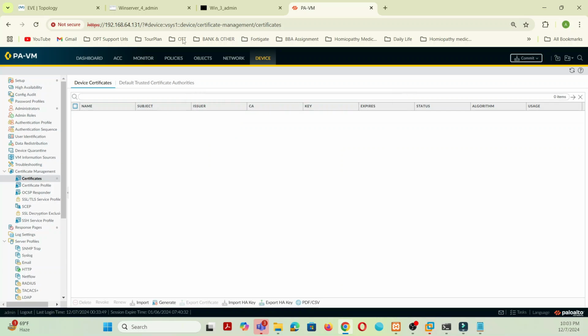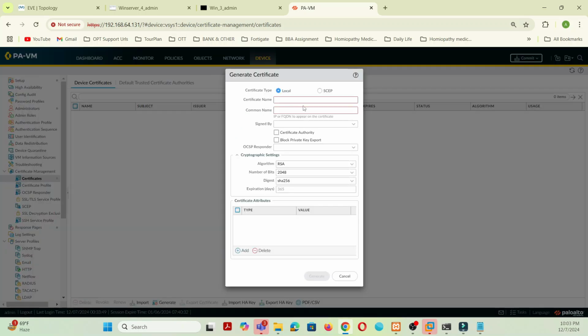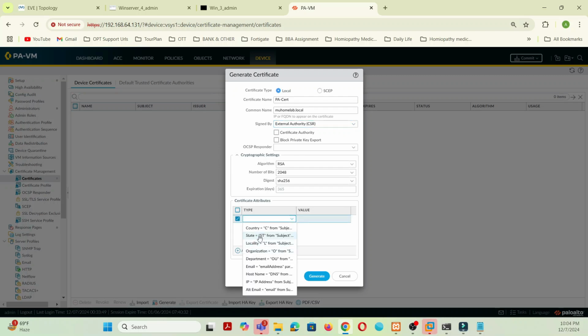So let's close that and then you can generate the file. So certificate name, we can go to the PACERT. PACERT, like on my home lab. So I use my home lab .local, and this is certificate authority, and then add an organization